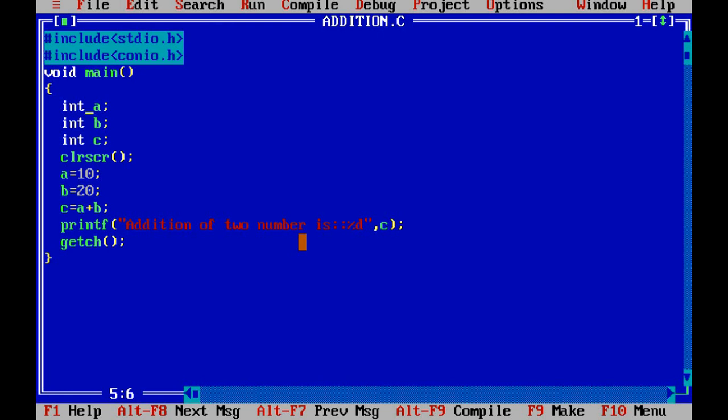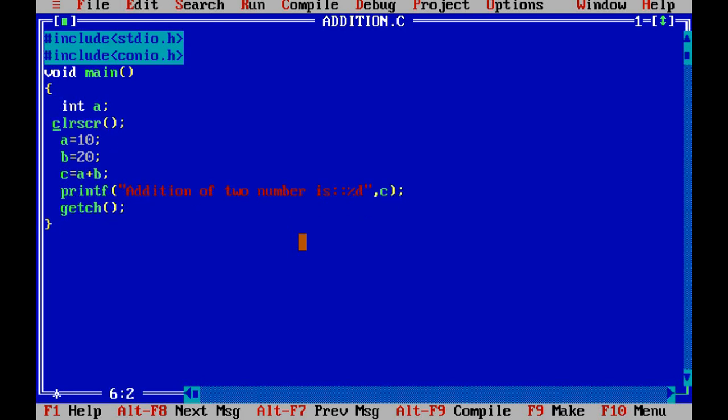If the variables have the same data type, because here A is integer, B is also integer and C is also integer, then we just give it in a single line separated by commas, right?